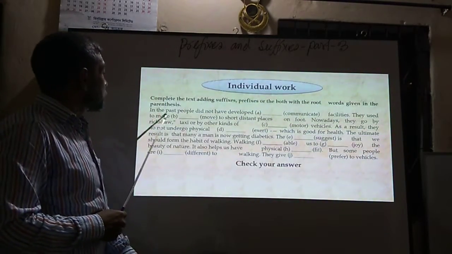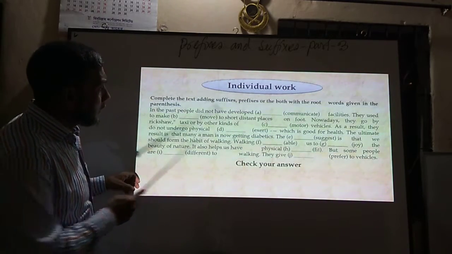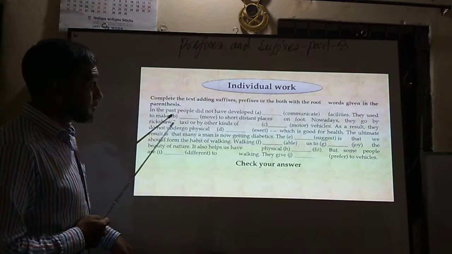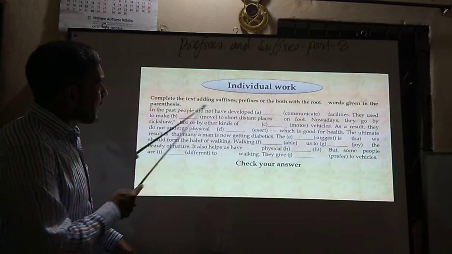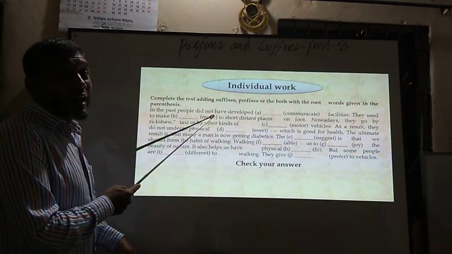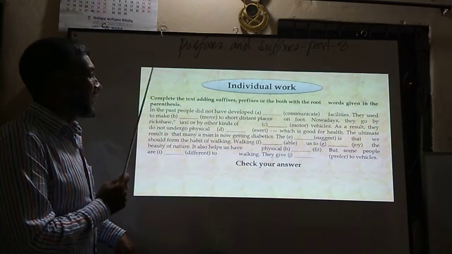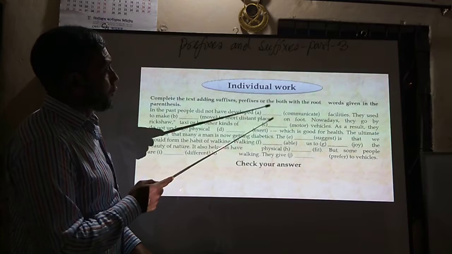They used to make, again, so to make and to, this place is for a noun, you know. The word is given here, this is a verb, so I have to make the noun of this word, then my answer will automatically be correct. So dear students,